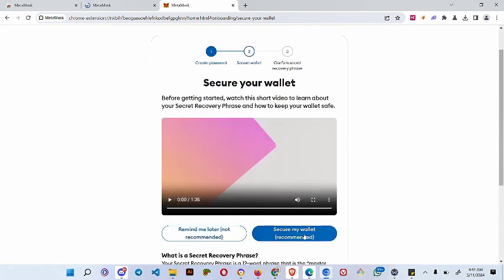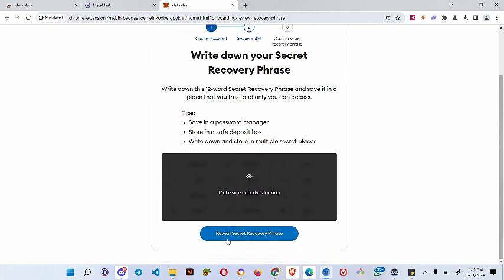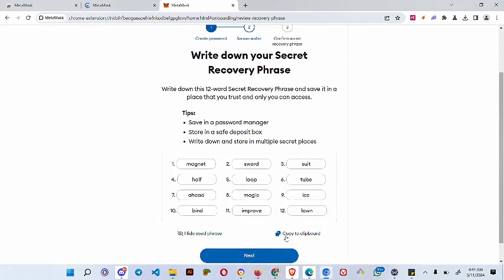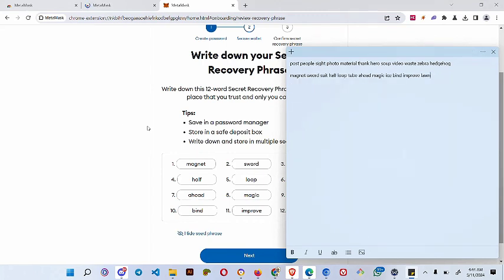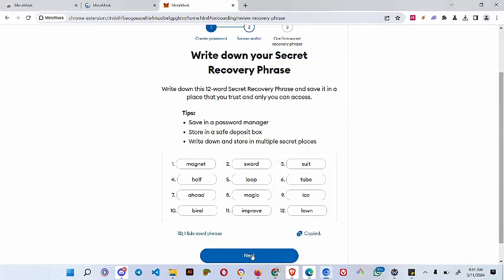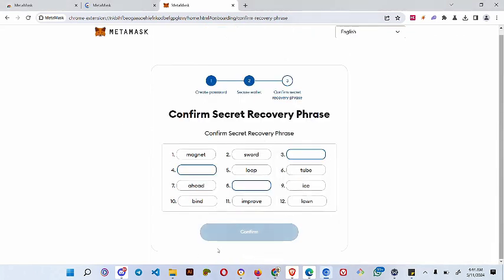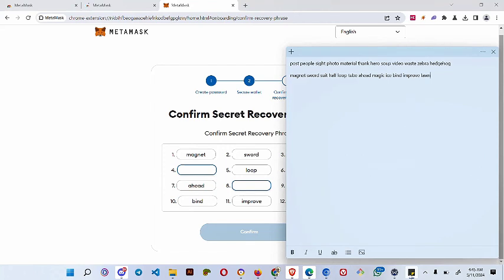Creating the wallet, secure my wallet, review my seed phrase. Now let's copy our seed phrase and paste it here. So we have pasted our seed phrase now. Go to next. Now I'll need to input the words in number, box 3, box 4, and box 8. So let's look for the words in box 3. We have suit,